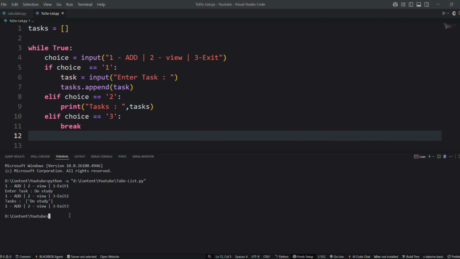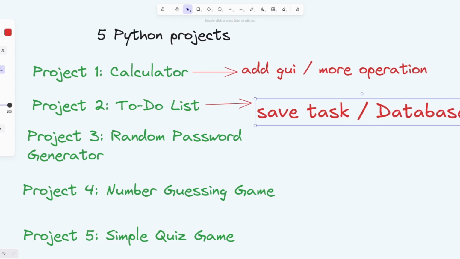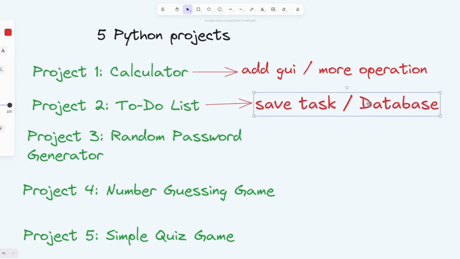And if we press 3, the loop breaks. You can improve this by saving the tasks in a file so they don't get lost, or even connect it to a database for a real to-do app.